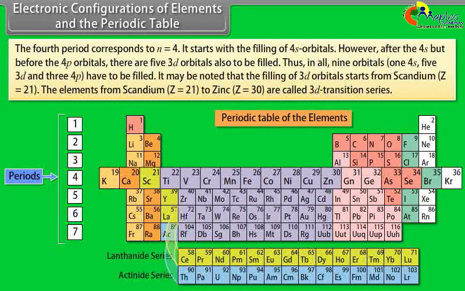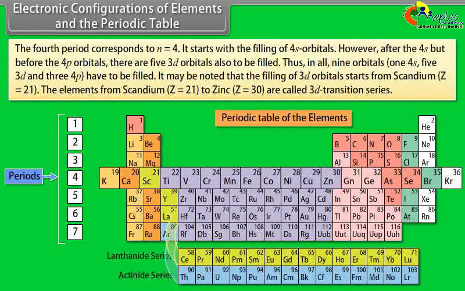However, after the 4s but before the 4p orbitals, there are 5 3d orbitals also to be filled. Thus, in all, 9 orbitals, one 4s, five 3d and three 4p have to be filled. It may be noted that the filling of 3d orbitals starts from scandium, atomic number is equal to 21. The elements from scandium, atomic number 21, to zinc, atomic number 30, are called